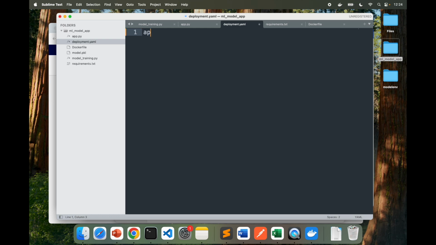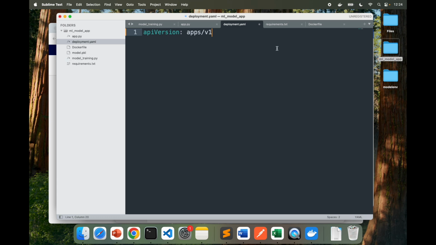The API. So let me write it first so you can visualize: API version apps/v1. So the API version defines what kind of objects and functionalities are available for this particular configuration. The apps/v1 is the version for creating deployments, which are part of the apps group of resources in Kubernetes. The apps v1 API version is stable and includes support for managing and scaling applications using deployments.